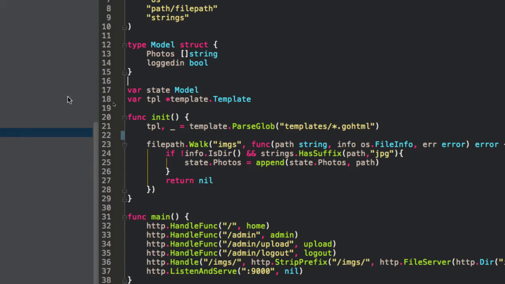So yeah, the photos part is the problem. You can walk every time, but that's slow. Not to mention the OS might complain if you got too many things trying to access the file system at once. Couldn't you leave state as global, take out the logged in part of it, and instead of having